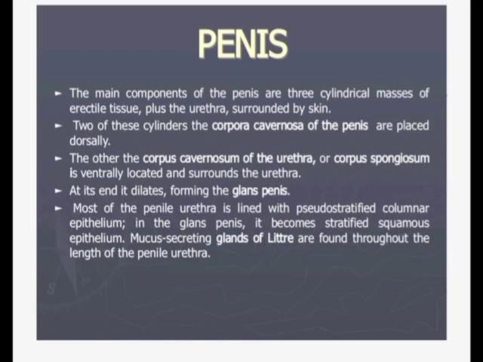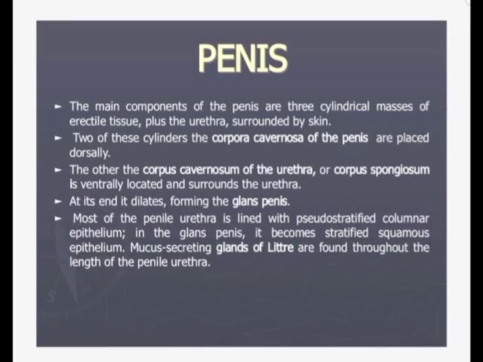But here the dorsal surface of the penis is on the upper side, and on the upper side there are two paired corpora cavernosa, while there is a single corpus spongiosum present on the ventral side. The cavernous portion of the urethra passes through the corpus spongiosum. The paired corpora cavernosa are fused together in the body of the penis but diverge in the perineum to form crura of the penis, which is attached with the pubic bone.